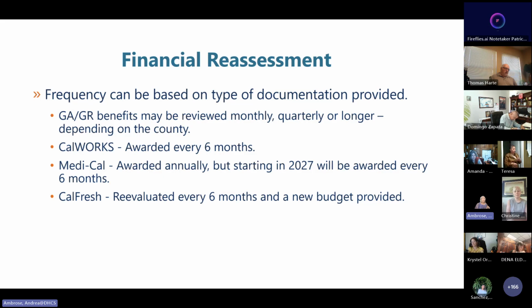So if a participant is going to be receiving GA benefits for the next 4 or 5 months, it wouldn't make sense for you as the program to go through the overhead of performing a financial assessment every 30 days when they already have the benefit awarded for a designated period of time.